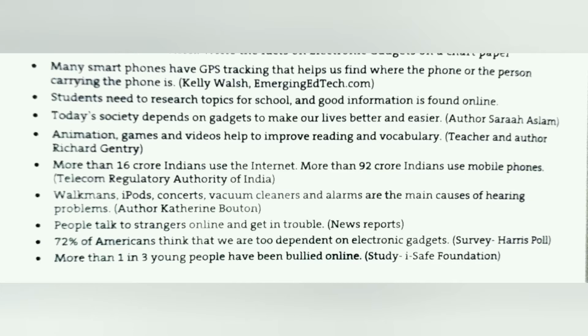We can write evidence that goes against the other argument, or counter argument. For example, if we say that electronic gadgets are not good for us because we may not pay attention to our family and friends, a counter argument is that gadgets help us talk to people who are far away. To make our own argument stronger, we can say that people communicated using letters for over 2000 years. Author Simon Garfield says that writing letters forces us to communicate better.